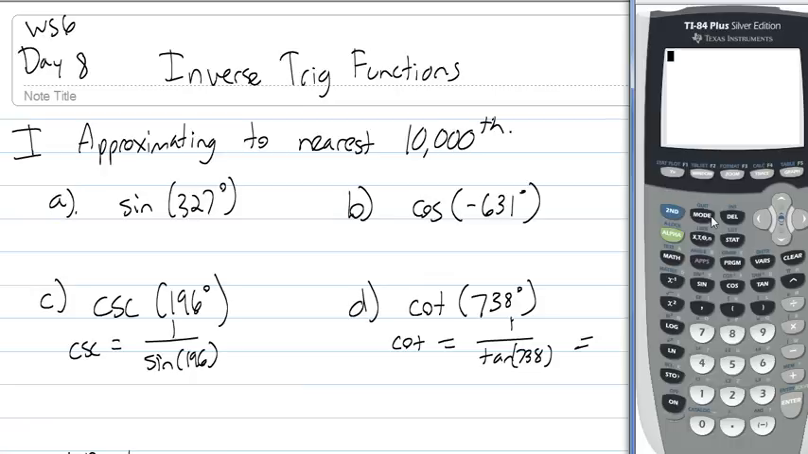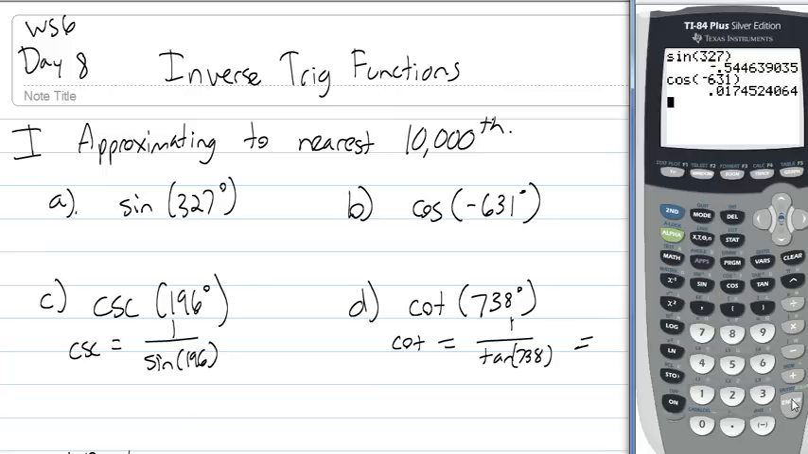Alright, so all you have to do is basically type these in. So, sine of 327. Now, we are finding the ratio. So, this is like finding the fraction at that angle. Okay, and you get negative 0.5446. 10,000th is 4 decimals. So, negative 0.5446. I'm not going to write those down. I'm just going to get all of them real fast because I can see them then. Cosine of negative 631 degrees is that